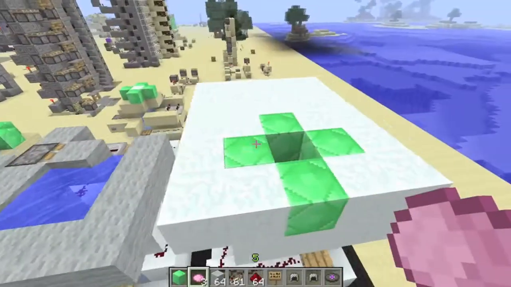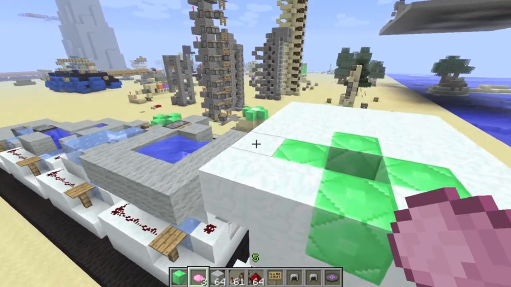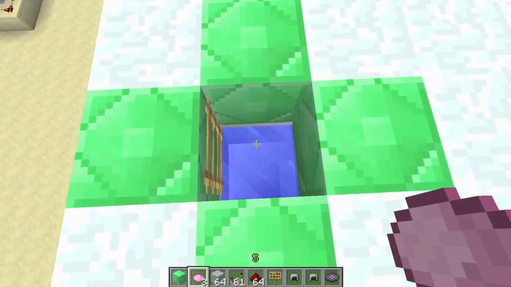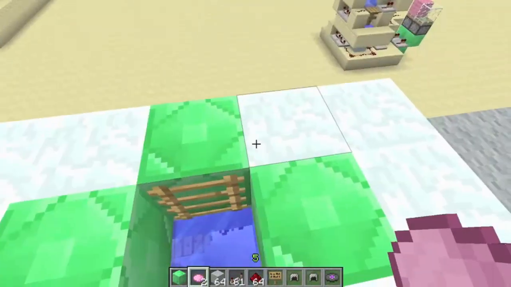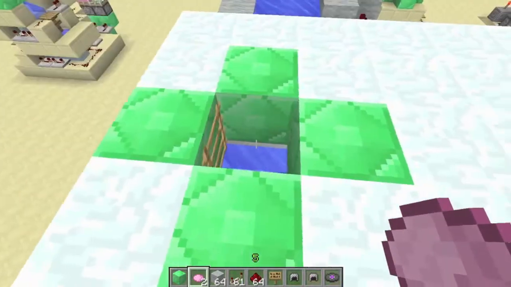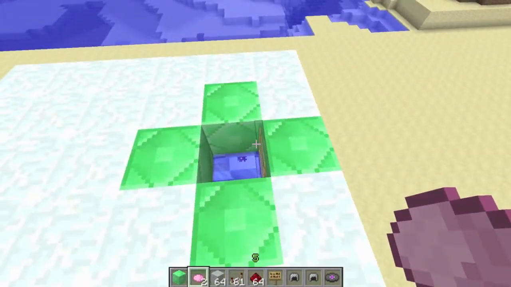Last layer, I'm not sure if this counts either because it's not entirely for function, but it's used to cover it up completely except where you want to drop the item in, which is on top of the water source, as well as a ladder to help people get out of here. Unless you want to leave it an idiot test, you'll want a ladder there just to get people out safely,